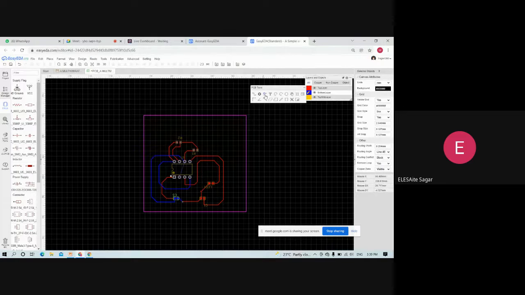So guys, by using a via we can connect two different components from different layers, as we see.